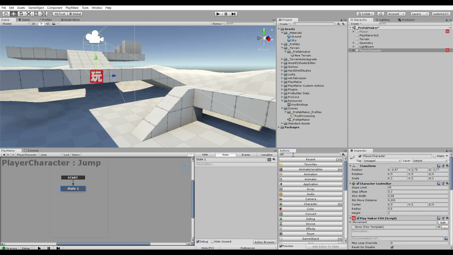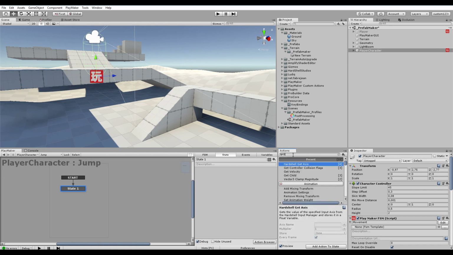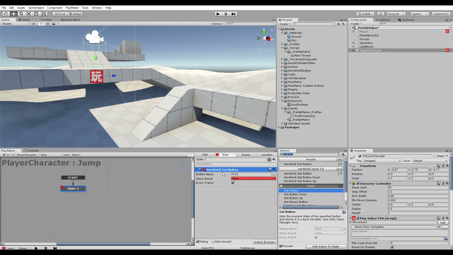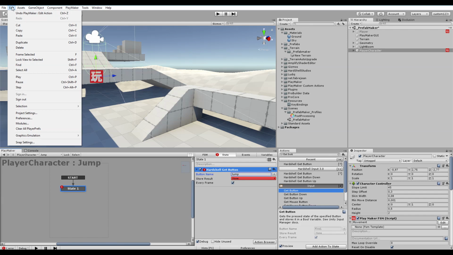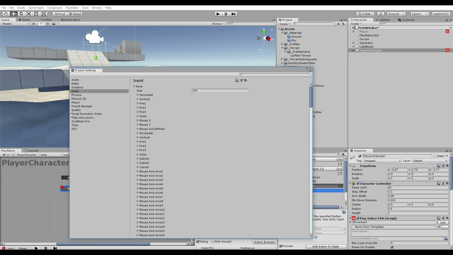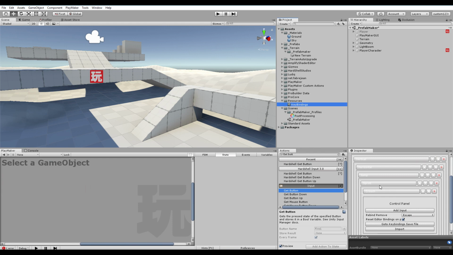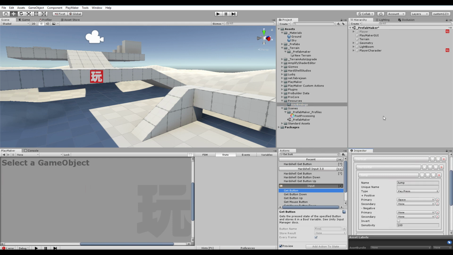and we need to set our start state with a get button, just like get button in the regular input, but with me it's a HardShell get button. Yours would be this one, and you would get jump. If you haven't created an input, it should be in, I think, Edit, and then Project Settings, and then Input, and if you have a jump, there it is already. Or if you're using the HardShell Complete Control thingy, just make a new one, call it jump, set spacebar and whatever,